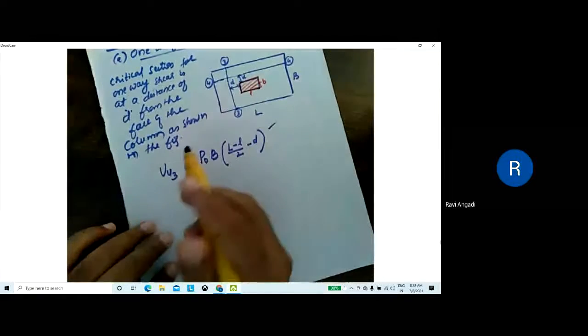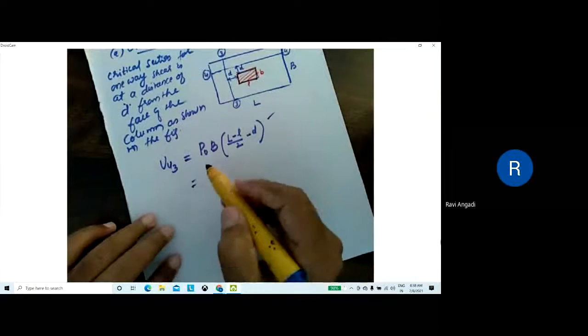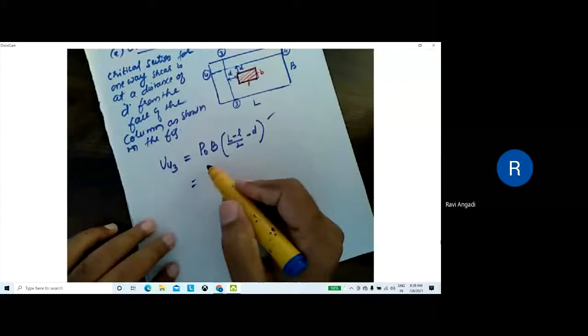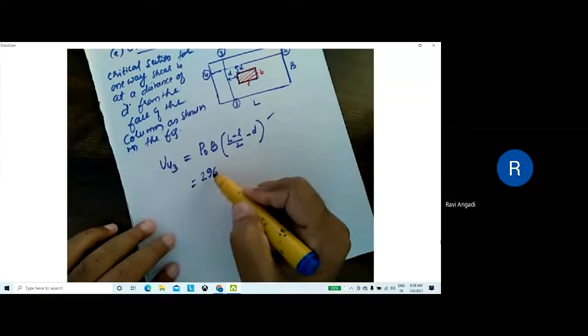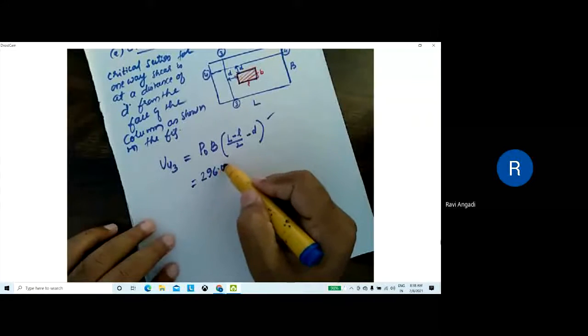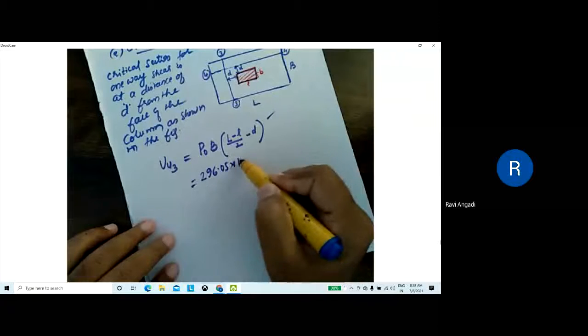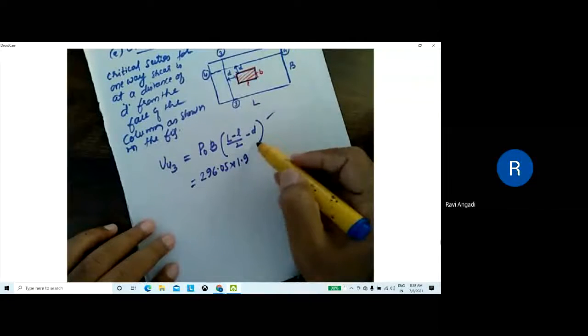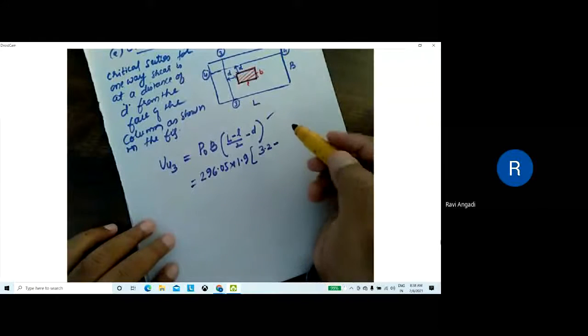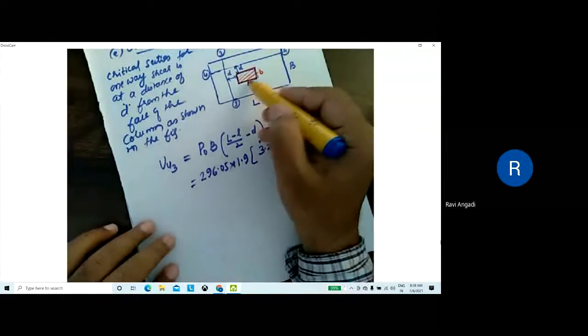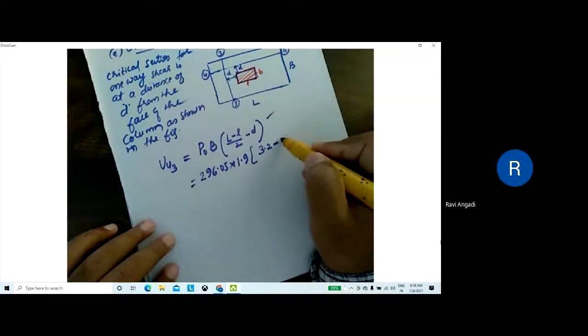Right? Then tell me the answer here. What is p0? It is 96.05 into 1.9 into bracket 3.2 minus, what is the dimension of the column?